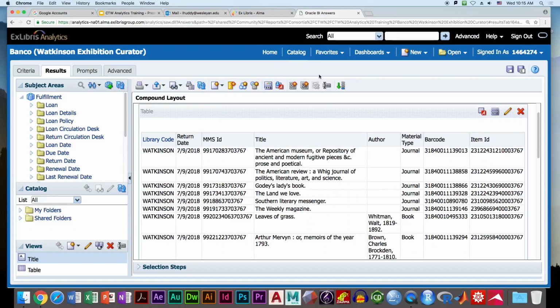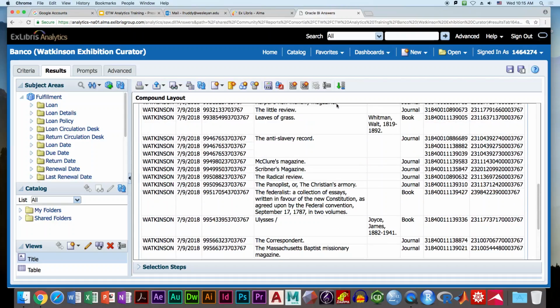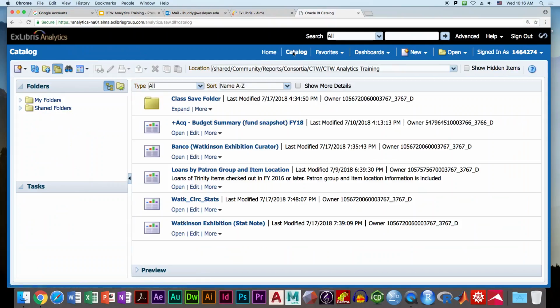So that way, just a quick way, I built the report within 10 minutes, which is a quick way for them to get the information without having to go back and try to figure out what items were in it that had already been shelved and so forth. Linked to that is